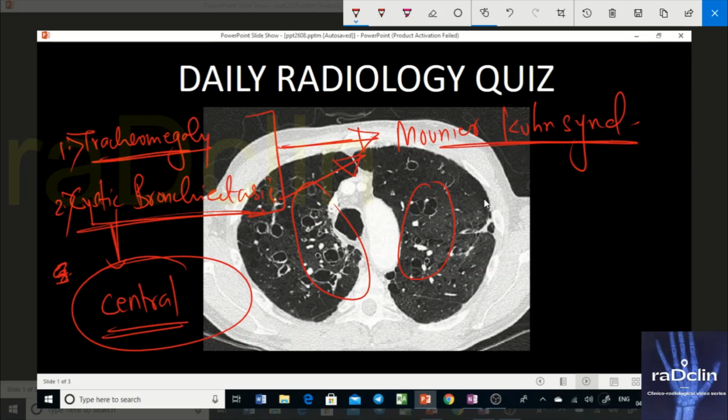Okay, now we'll discuss bronchiectasis in detail in a separate video that will be part of the regular lectures. But definitely keep this syndrome in mind, and always try to look at the cyst. Whenever you look at a cyst, try to find out the cause of that cyst. That is going to be important.